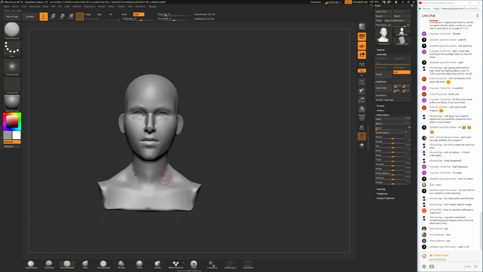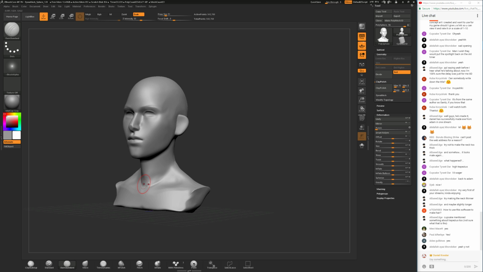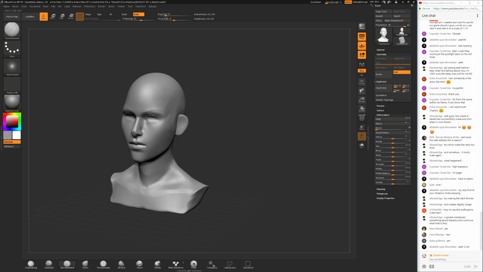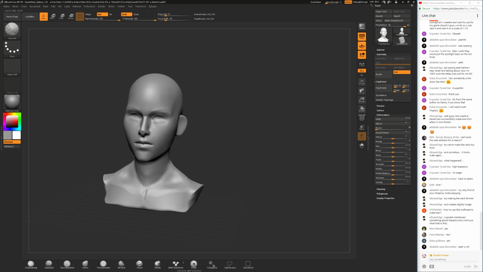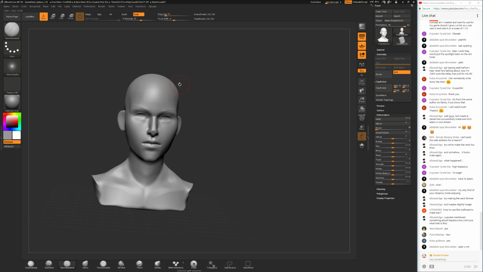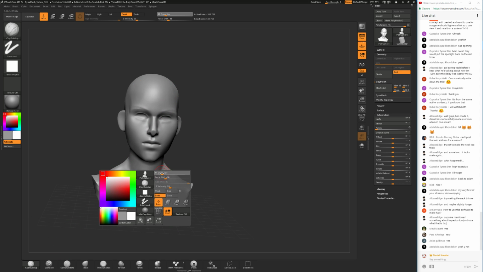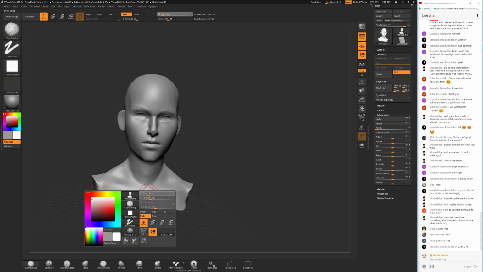But I won't be doing that today because I'm using ZBrush Core and I'm missing some of the features that I would like to have for doing that sort of thing. Also I don't have textures and all the other things that I would need on hand, so I'll be attempting to model just the mesh of the hair.